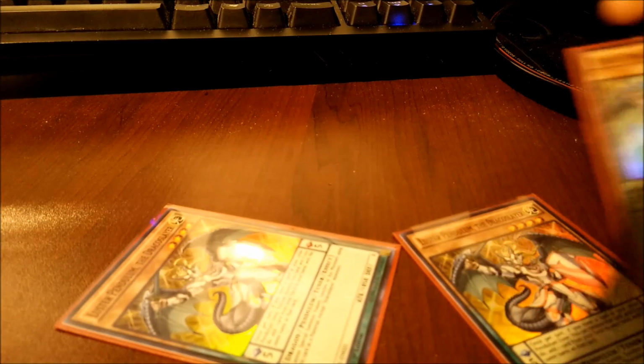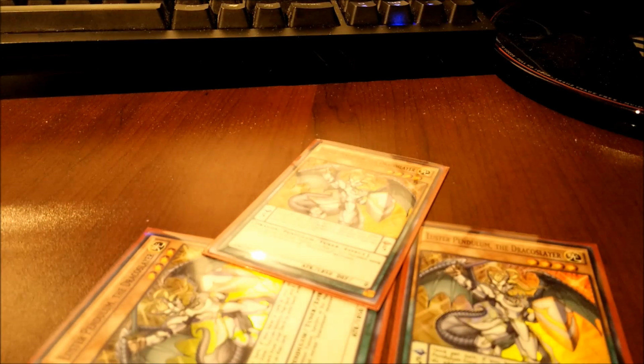Alright, so let's talk about some techs for other builds. If you're not using Odd-Eyes Magicians, then we use 3 Luster Pendulum. That is such a given. This card is so broken. It is so good. There's no downside to using this card. You just pop your scale and get another card back for free. I can't actually think of any reason why you wouldn't use this card at 3 in